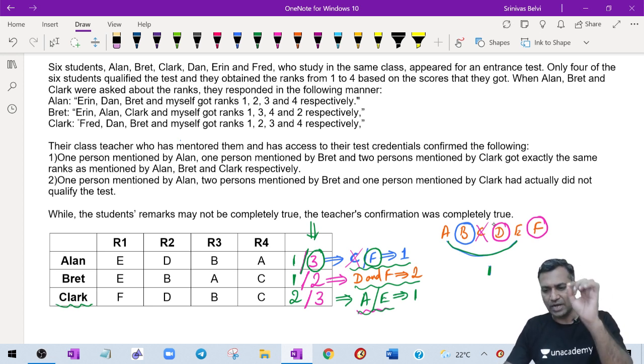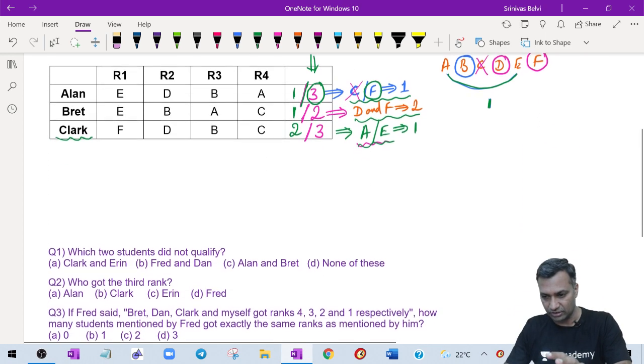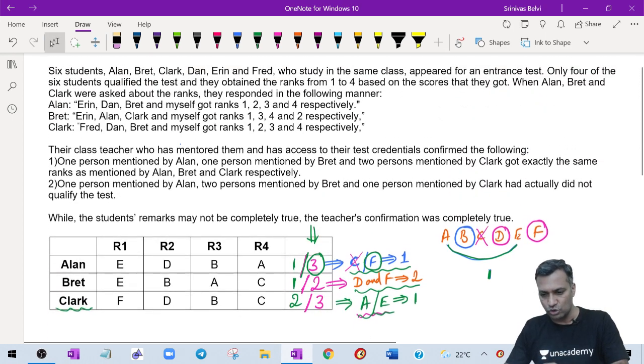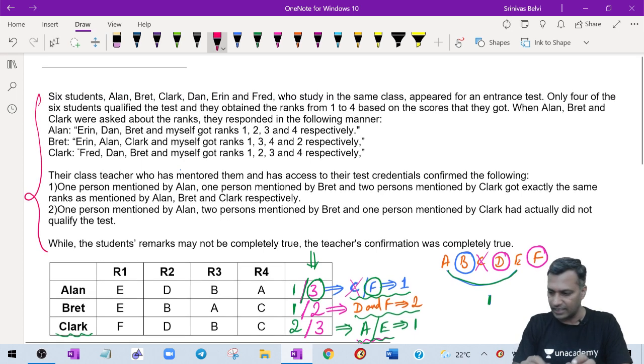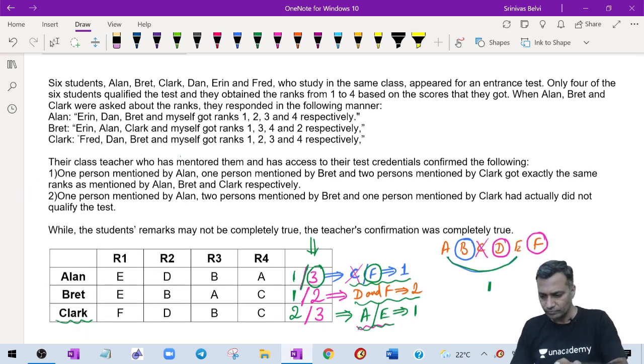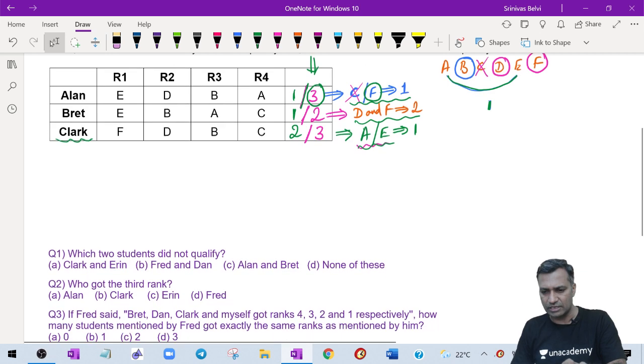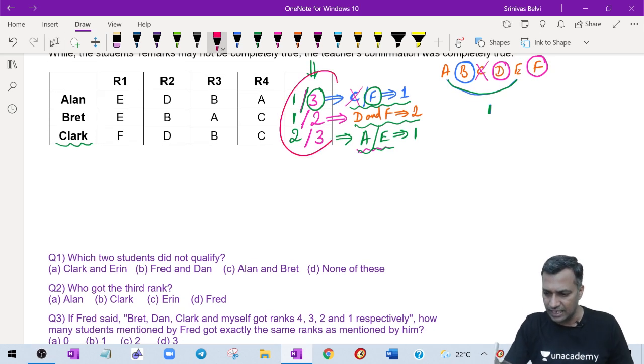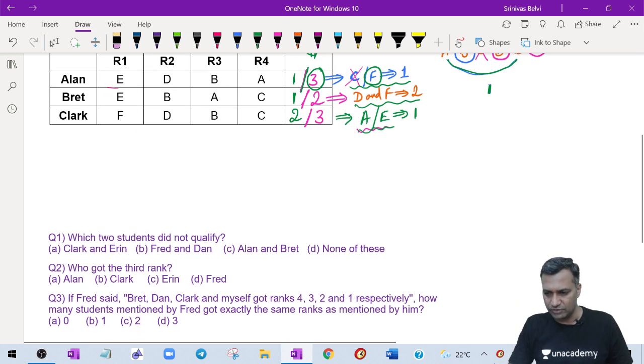Push yourself, and find out which rank they got. Here are the questions at the bottom. You may wonder, sir, do I need this particular information? Again, you don't need this information, because all that information has already been marked here. The entire information has been marked. Whatever information you want, it has already been marked on this chart, and you have the questions also